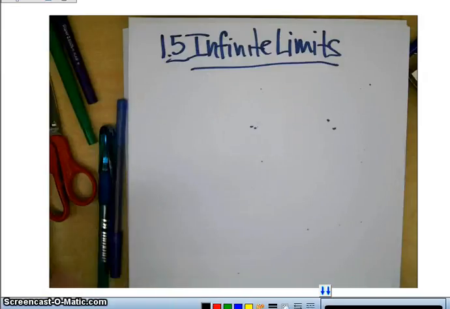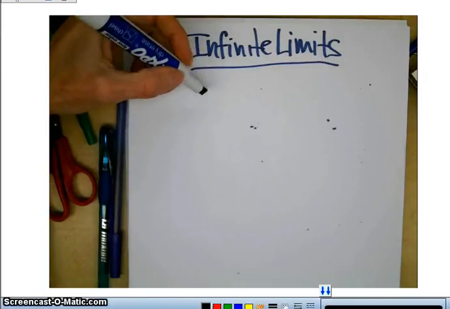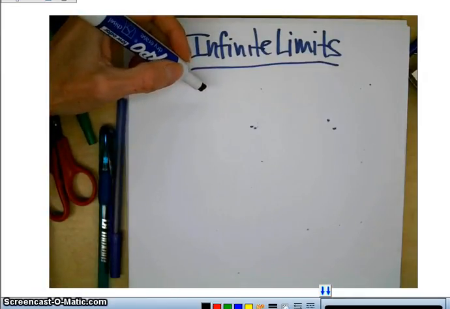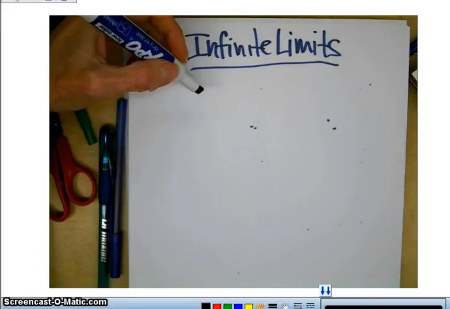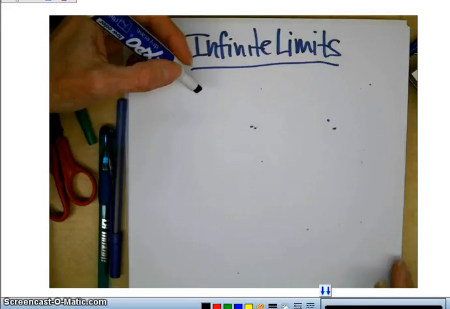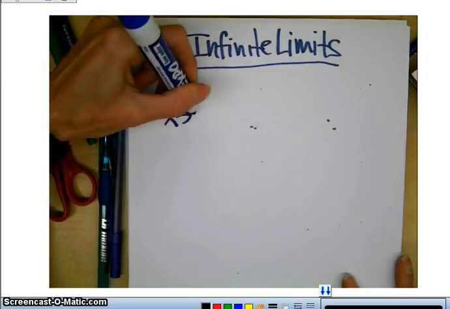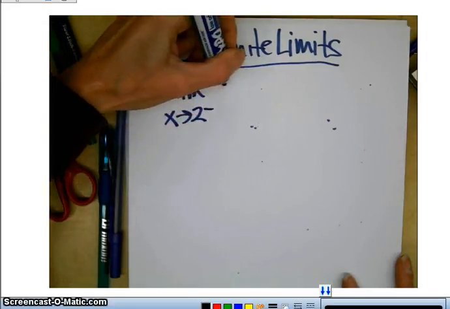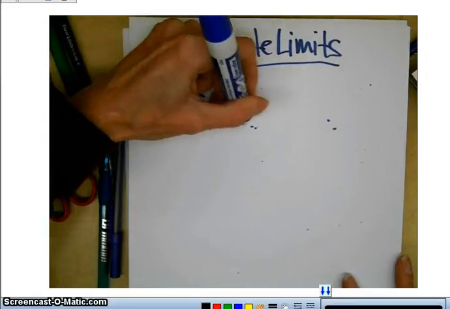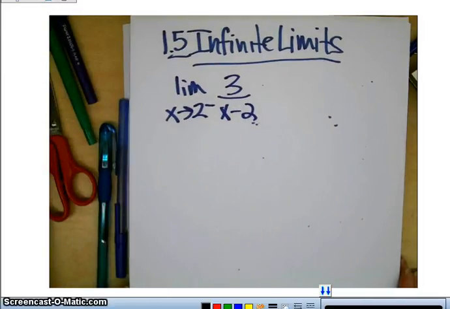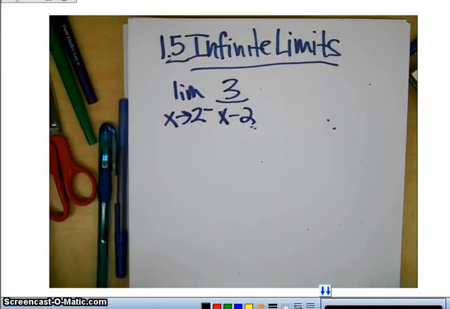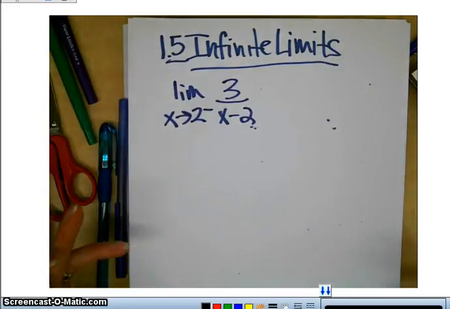We're going to be looking at one-sided limits and two-sided limits today, but also infinite limits. Basically, you can have a function like, let's say I'm looking at the limit as x goes to 2 from the negative direction of 3 over x minus 2. Now, I say infinite limits, we're actually going to use the symbols infinity and negative infinity